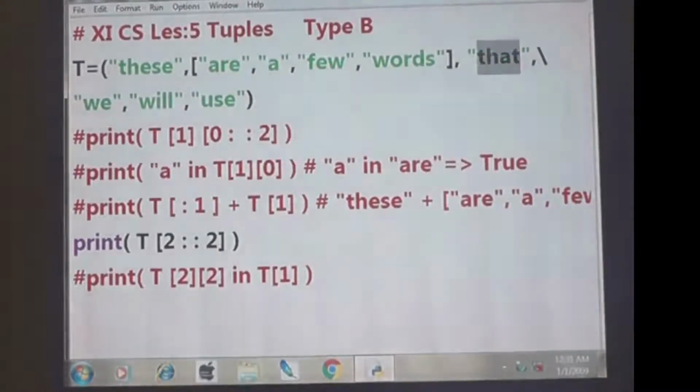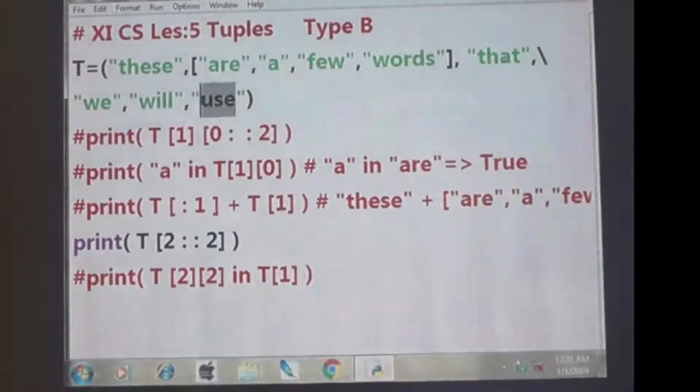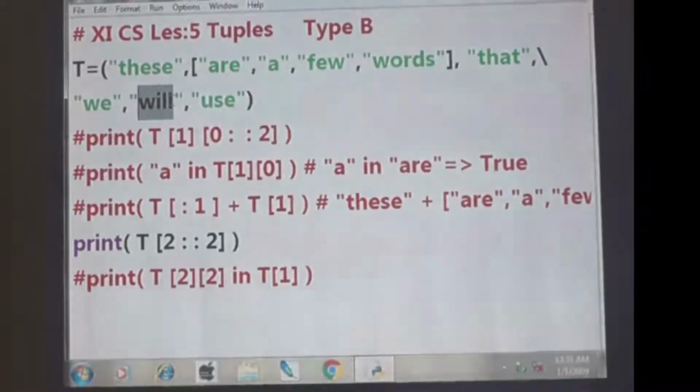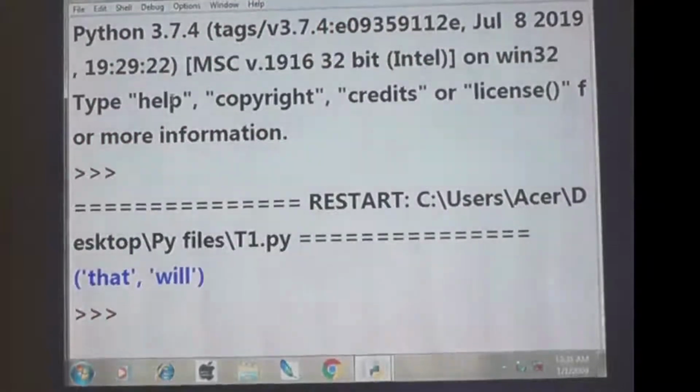So that is step 1, step 2. Only you have to choose the step 2. Okay, we start from that. This is step 1 and this is step 2. Then will comes, so that will be printed, will be printed. This is step 1. Step 2 is not there, so it will not be printed. Clear? So that, then step 1, step 2 will be printed. Understand? Okay.